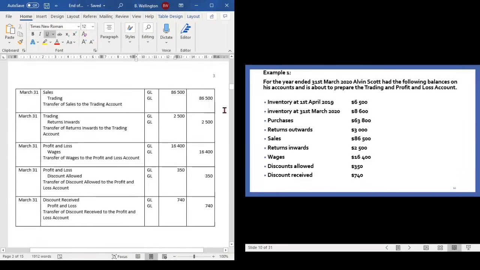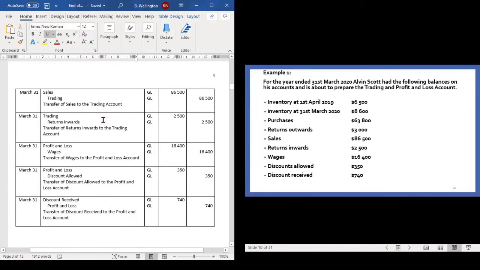Okay, and so we go down the list. All right, so sales and returns inwards are similar to those that we have done already. They are all being transferred to the trading account. All right, notice that sales will have a credit balance on it. So to transfer it, you're going to make a debit entry in the sales account and a credit entry in the trading account. To transfer the returns inwards